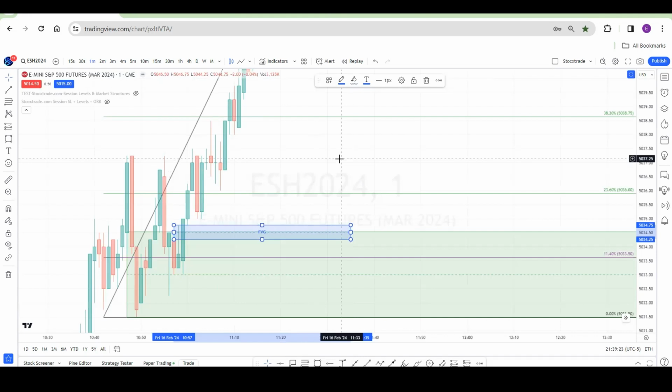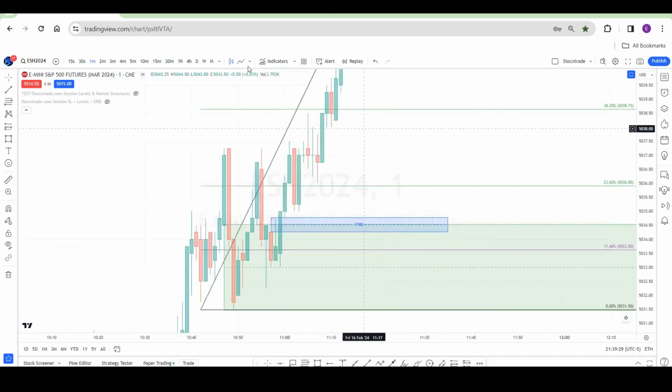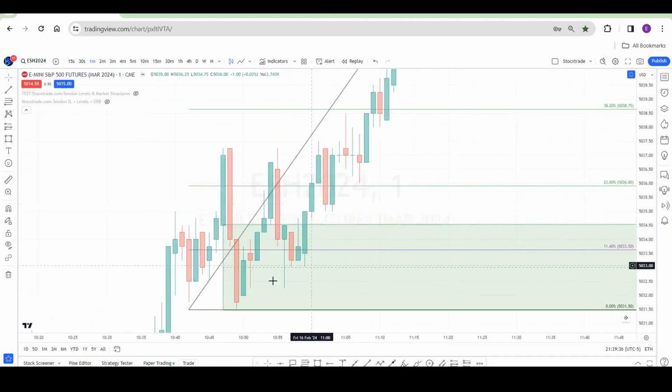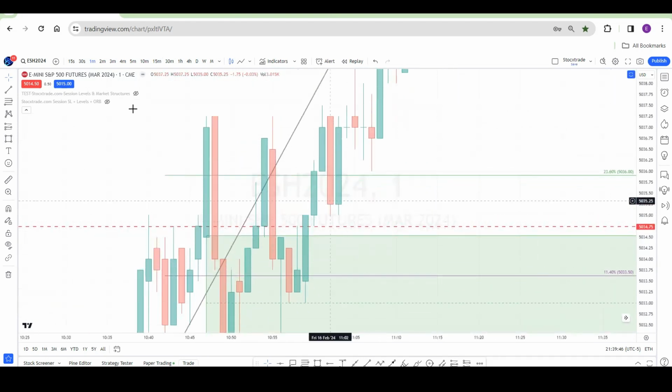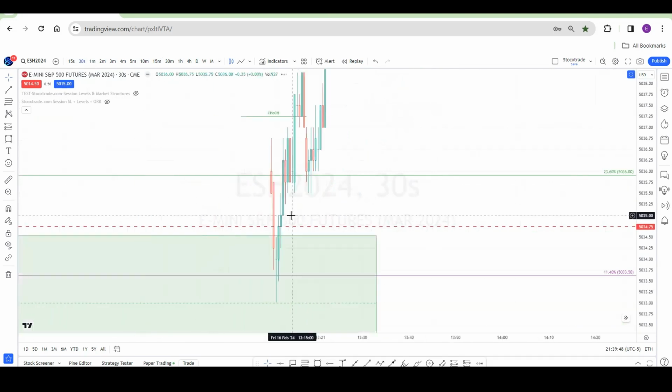If you are working in 5 minutes, you might get the fair value gap in 2 minutes. I don't see the 1 minute time frame, that's why I switch, because I knew that in 30 seconds I will find the fair value gap, because I was looking at these two candles' wicks. If you see this wick and this wick, both are basically at the same place. They are not overlapping in 1 minute. But if you switch to 30 seconds,